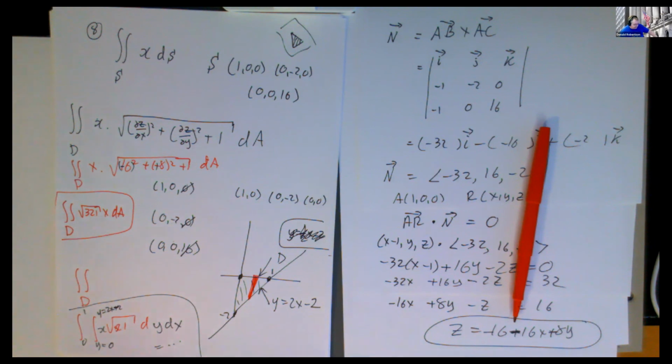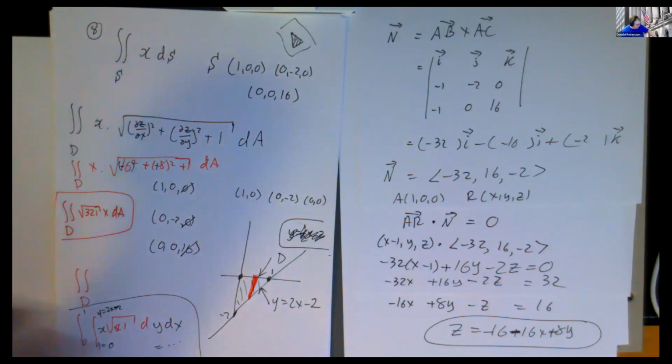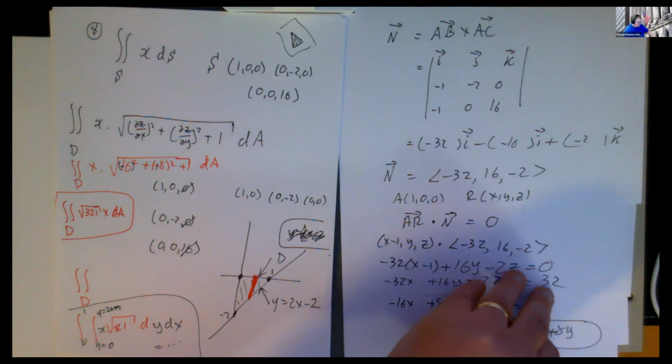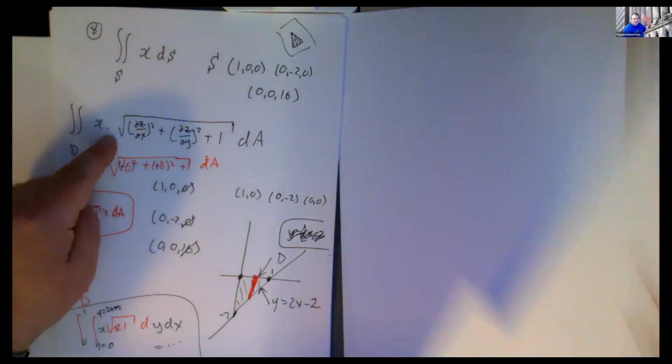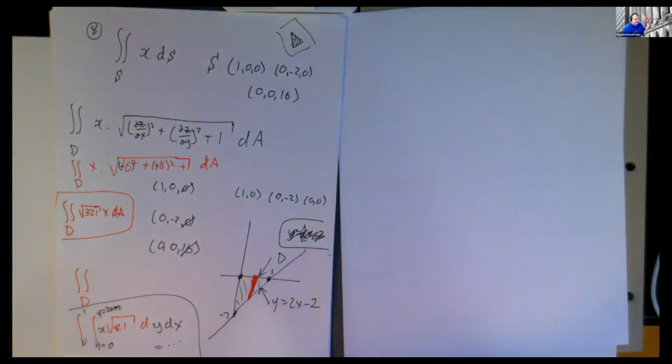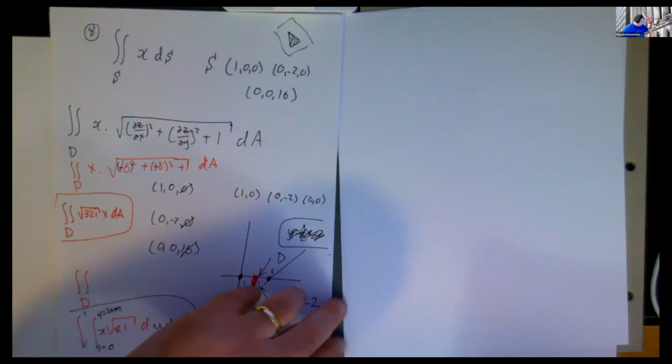They do mention in some of the questions that there's a positive orientation and a negative orientation. And so if they say it's a positive orientation, typically you make your integral exactly as I have, technically with a plus at the front. If it is a negative